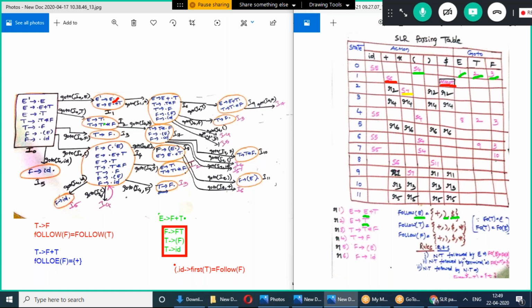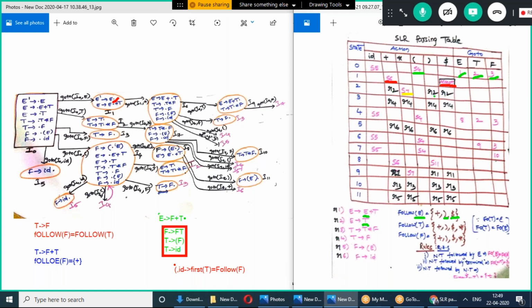Okay, now in the given grammar you need to check. E tends to T is the second production. Now we need to add the reduce operation at follow of E. So follow of E is plus, closed bracket and dollar.